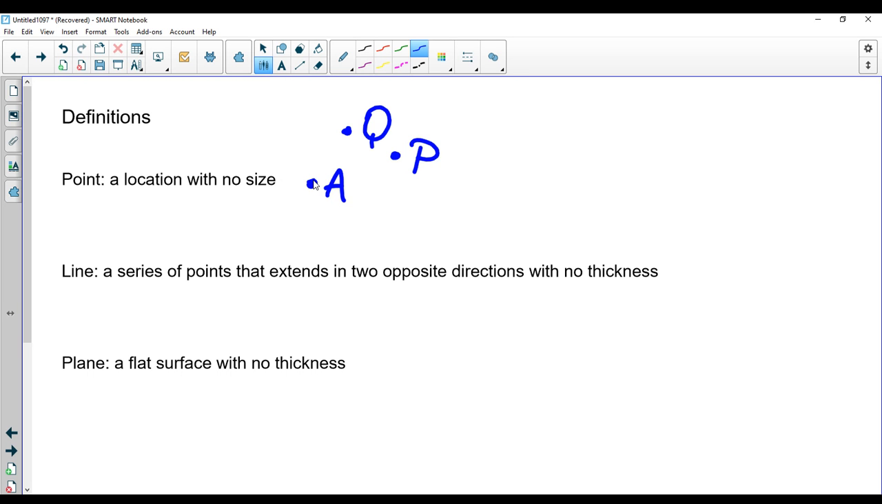When you have a line, you have a series of points that extend in two opposite directions, and there's no thickness. So it's like you start with one point, then you add another one, and another one, and another one, until you get this line, and it extends in both directions. Okay, and usually there are 2 points on there that help you identify what you're talking about. I'll talk about naming in just a little bit, but you need 2 points to name a line, 1 point for just a point,